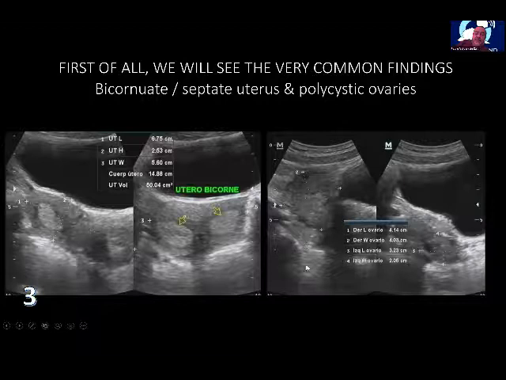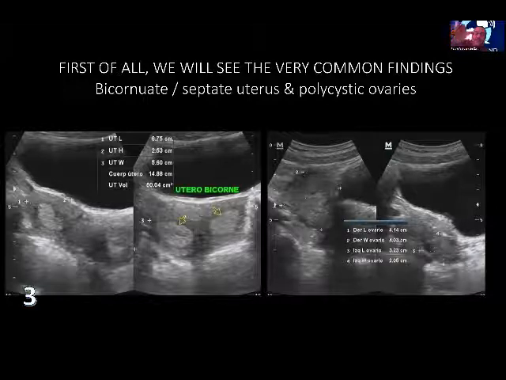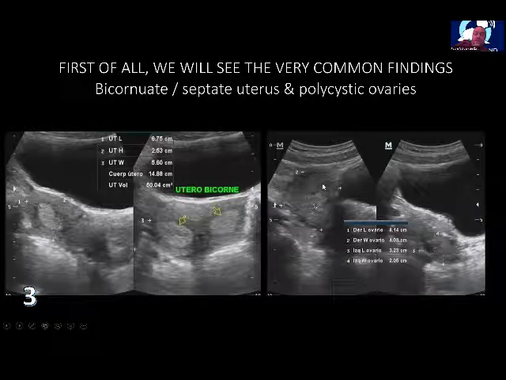The right ovary is bigger than usual. 4 centimeters is the upper threshold of normality, and in a pattern which allows us to assume that this patient has polycystic ovarian disease, as well as